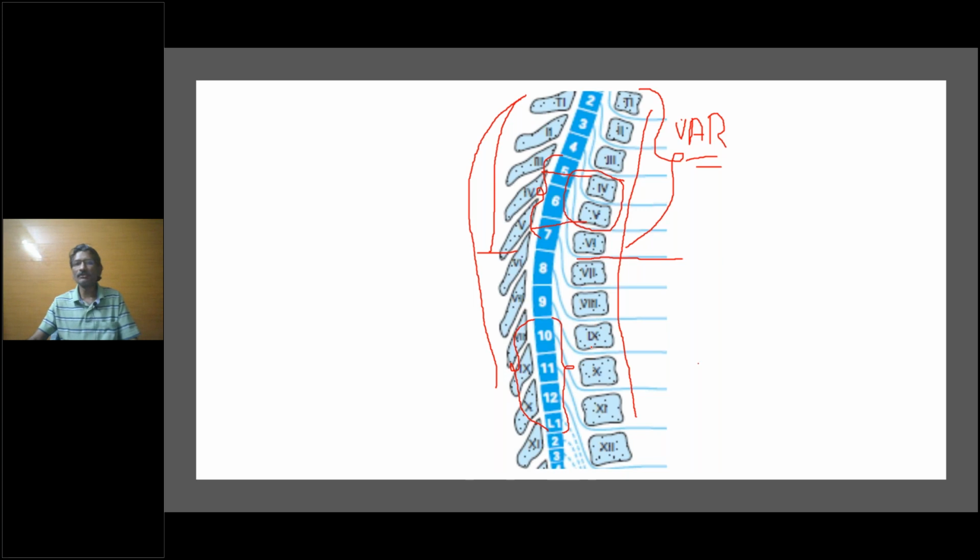So what I'm trying to tell is that upper dorsal localization is very much variable in real practice. Lower dorsal region is relatively less variable. It is as good as the cervical segment. But the problem is if there is a disc disease also, or if there is involvement of multiple vertebrae, then the localization becomes a little tricky.